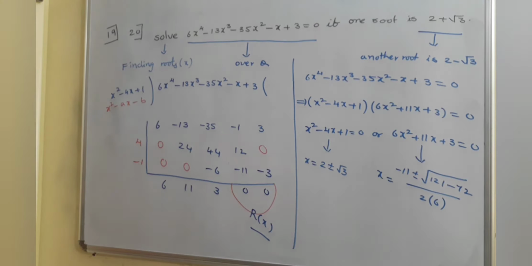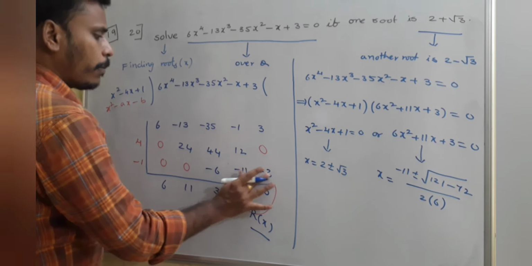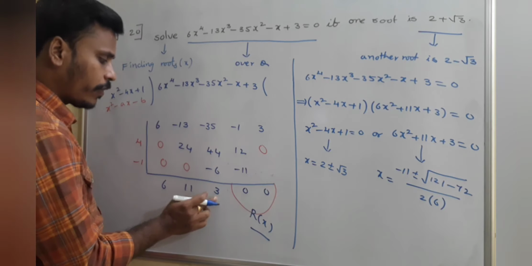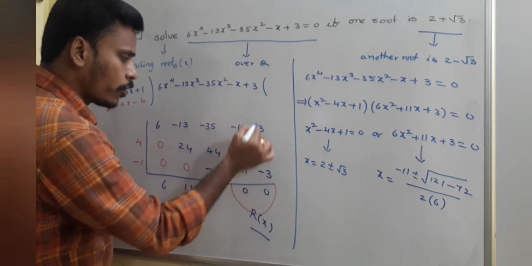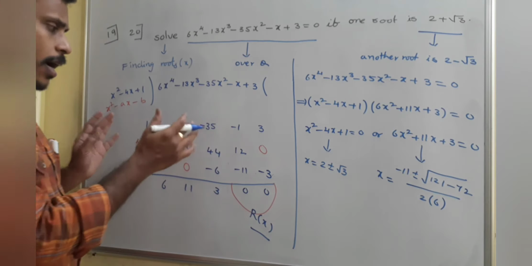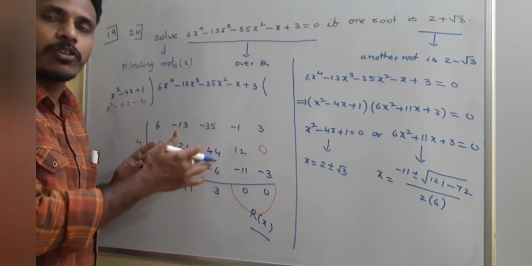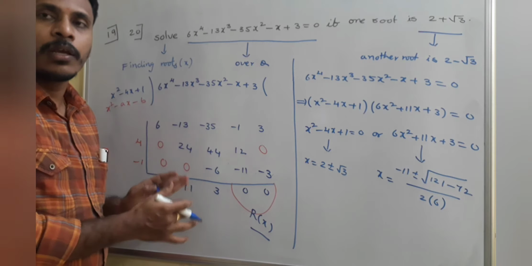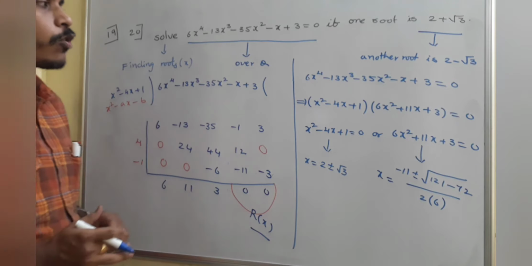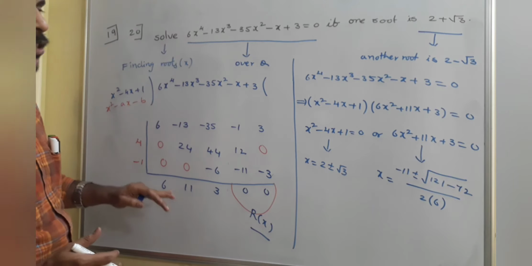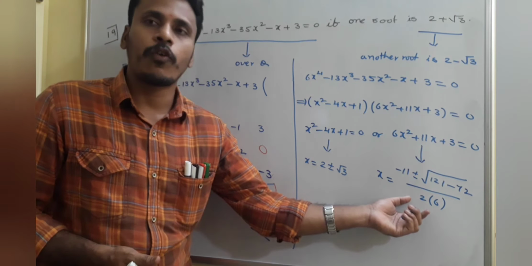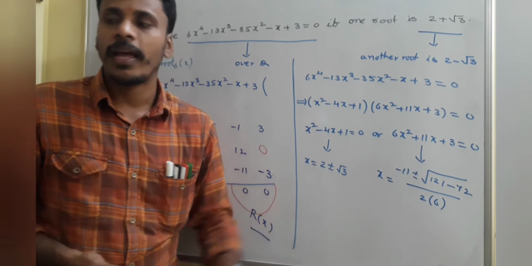So once again, just observe the synthetic division. Okay, actually by mistake I mentioned here it as 0, but it is not 0, right? We need to multiply this 3 with minus 1, that is minus 3. So this is 0. So these two are zeros column wise. Okay, and already we discussed this synthetic division of quadratic factors in the previous class. If you have any doubt, just revise that class and then solve this problem. Okay, so finally this is a fourth degree equation. It has 4 roots, and 2 roots are already known, and the other 2 roots we found by this quadratic factor. Okay, have a look.